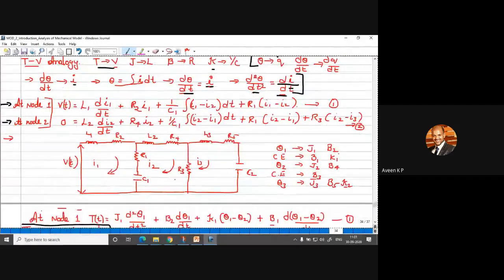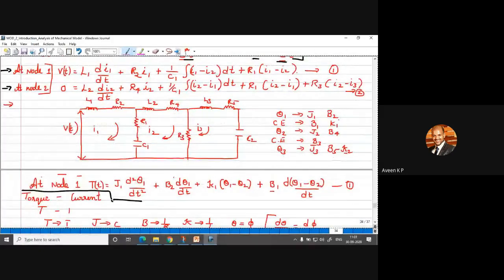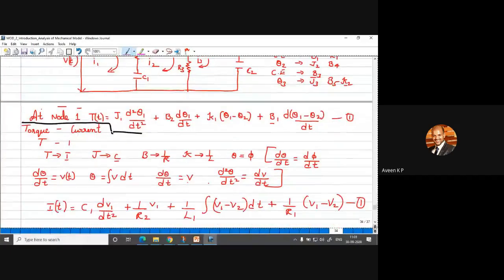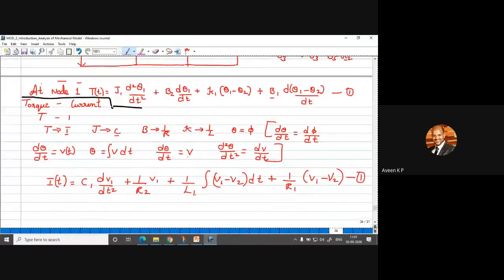So this is all about mechanical system, undergoing both rotational as well as translational system. In examination, any type of problem they may ask. So very easy substitution. Write down the equivalent mechanical system and its equilibrium equation, and convert the same into torque voltage or force voltage, or torque current or force current analogy.